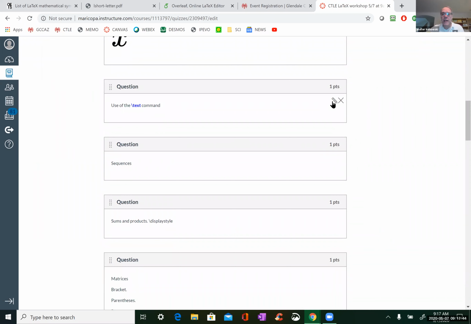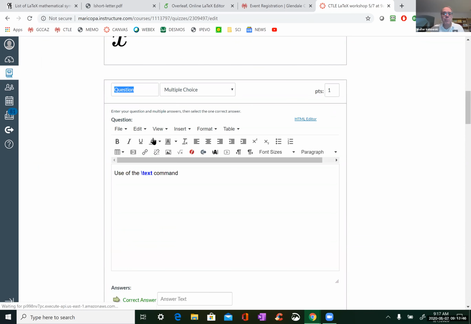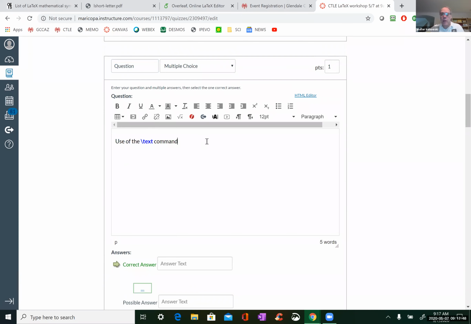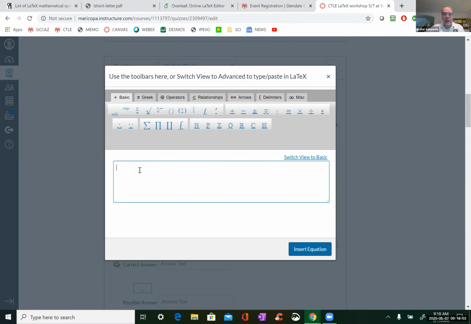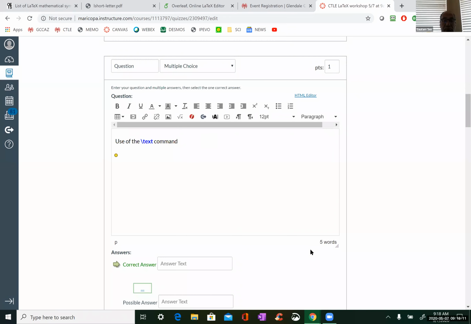Now, the use of the text command. All right, now sometimes, once upon a time, occasionally you'd want to have text within a math equation, and they don't render properly. Let's look at the difference. Okay, here is and then next to it, I'll put, and you can see that it's different.